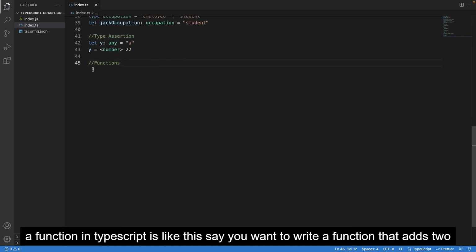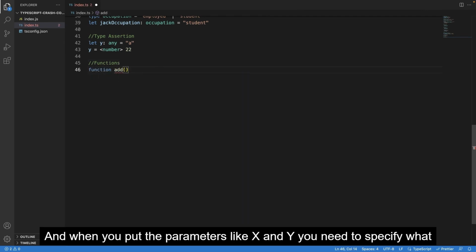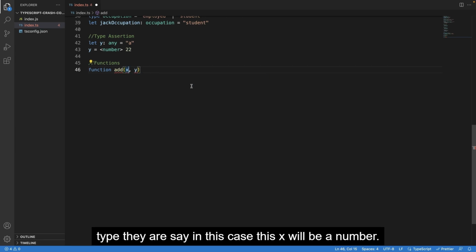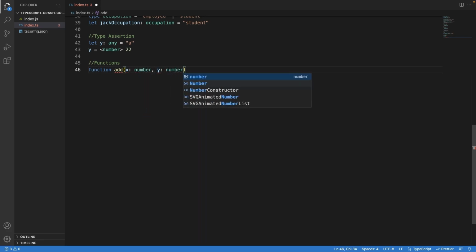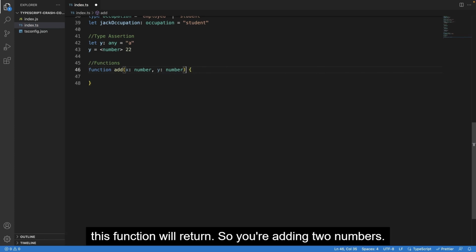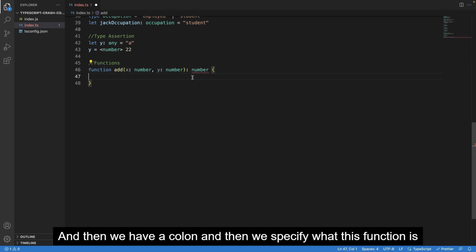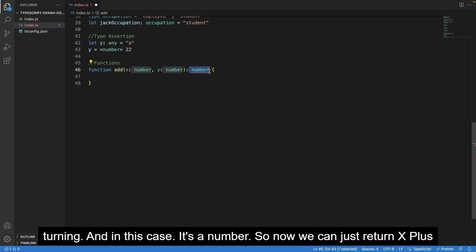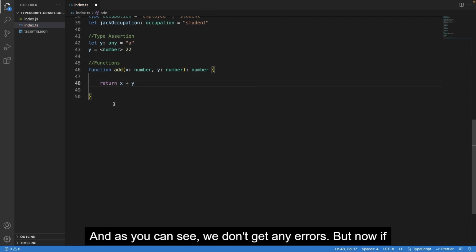So guys, how you create a function in TypeScript is like this. Say you want to write a function that adds two values. So you can say function add. And when you put the parameters like x and y, you need to specify what type they are. So in this case, this x will be a number, and this y will also be a number. And then before you have the curly braces, you need to also specify what this function will return. So we're adding two numbers, so this function should return a number. And then we have a colon, and then we specify what this function is returning, and in this case, it's a number. So now we can just return x plus y, and as you can see, we don't get any